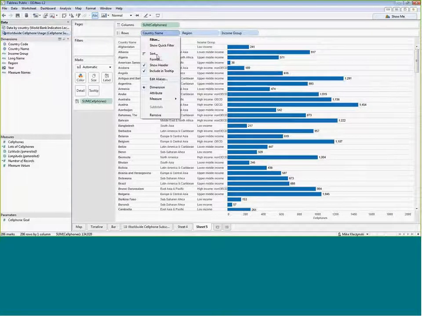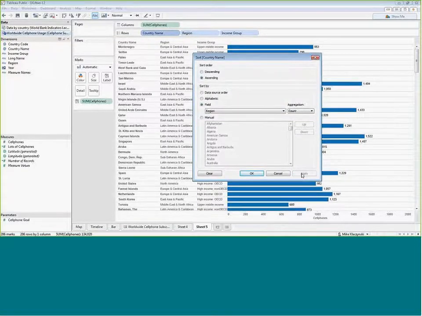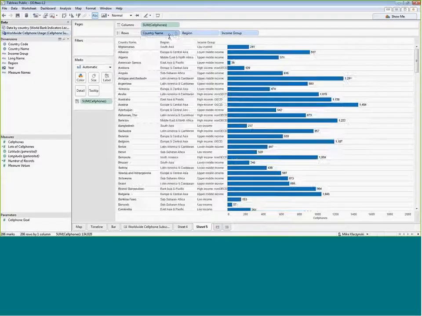Now, this view is interesting. We can quickly drill down and find a particular country because it's all alphabetical. But we wanted to sort our data into descending or ascending order. There are so many different things you can do. It's all going to be called sorting, and there are different ways you can go about it. So we hover over at the top